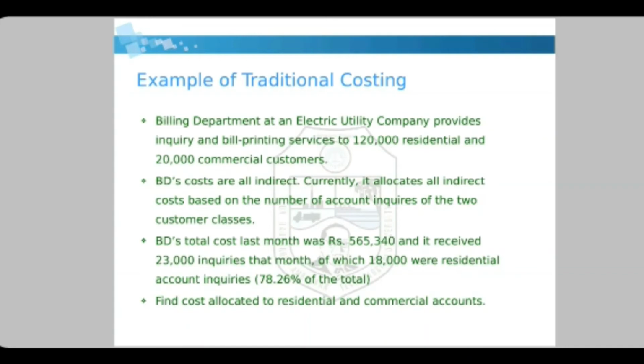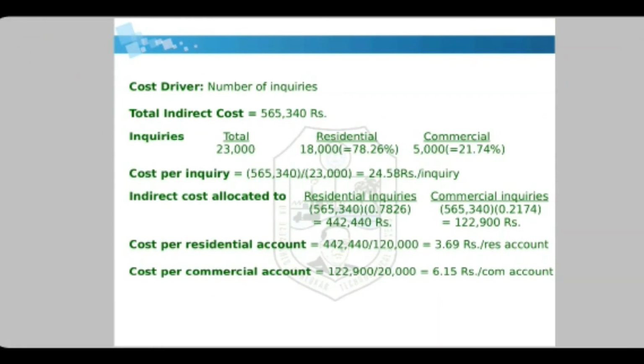So now 78.26% are the residential inquiries, then the remaining will be the commercial inquiries, right? So you can calculate it. Find cost allocated to residential and commercial accounts. So let's solve it. As I have told you, the cost driver is number of inquiries. Total indirect cost, which is given, is 565,340 rupees. Inquiries, there are a total of 23,000 inquiries, out of which they have given that 78.26% are